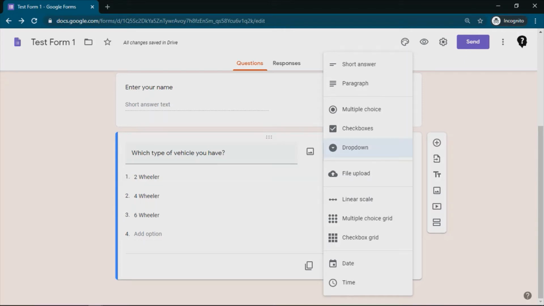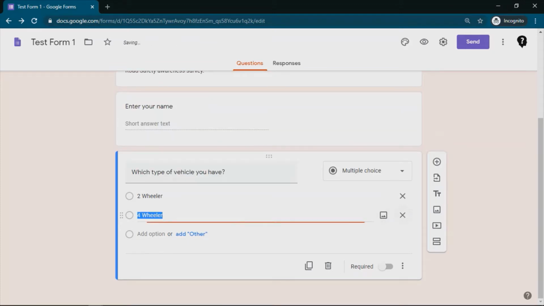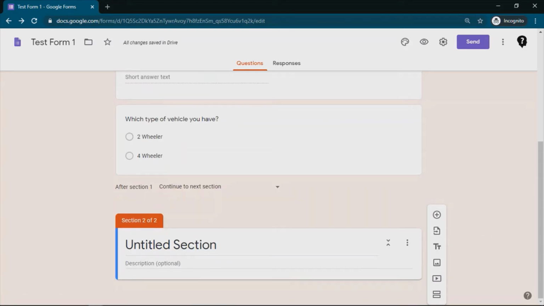have more functionality. So what more functionality is, basically, let me go to select the option multiple choice, delete the six wheeler. Okay, now I have these two options. So here I can have this add sections into the form. So for example, I have some different questions for the users who are selecting two-wheeler and different questions for the users who are selecting the four-wheeler. So what I can do is I'll click on add section. So here my section would get added.